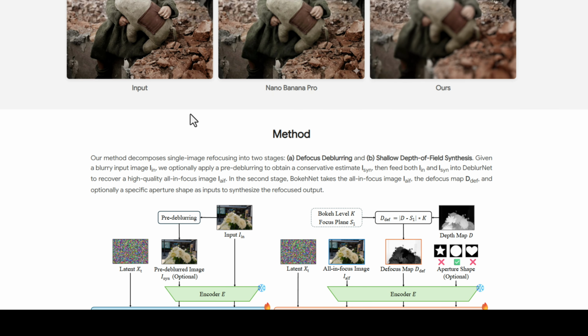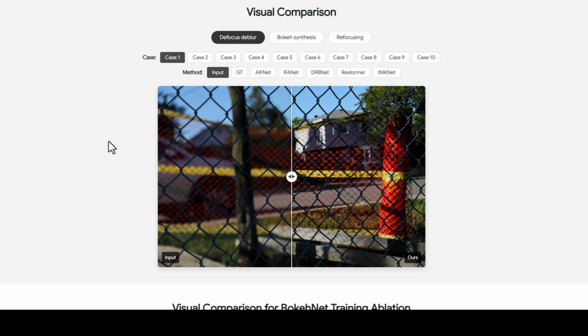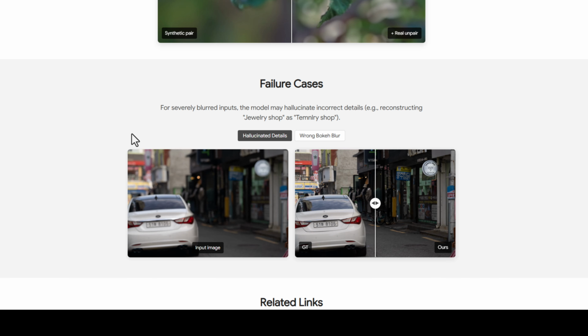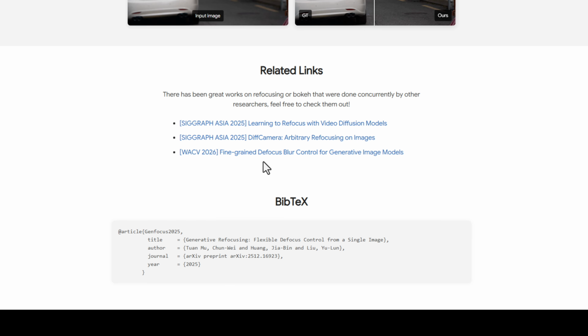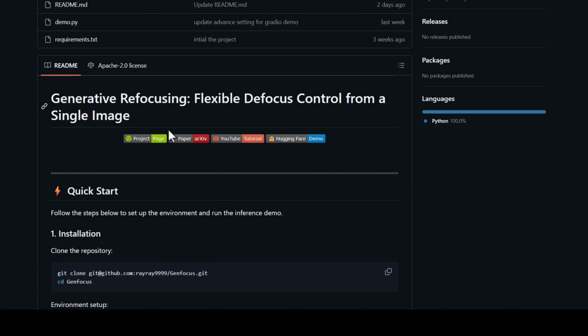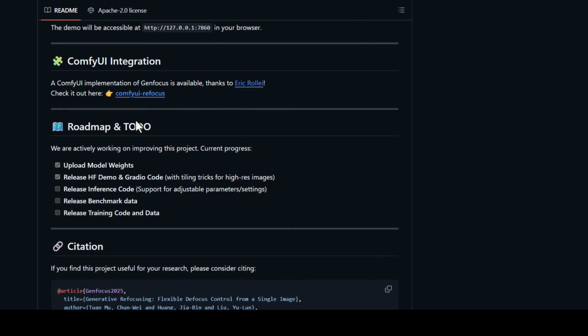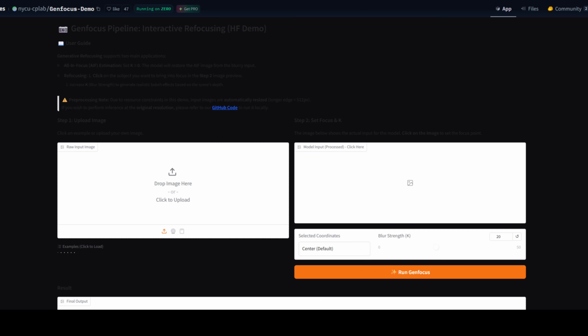Now imagine interacting with that photo. You click on a person's face. Instantly, the focus snaps there. The background melts away naturally. Click on the background instead, now the subject softens and the environment comes alive. The system even visualizes a defocus map, showing how blur spreads through the scene like a physical lens would produce. This isn't a filter, it's a refocus.